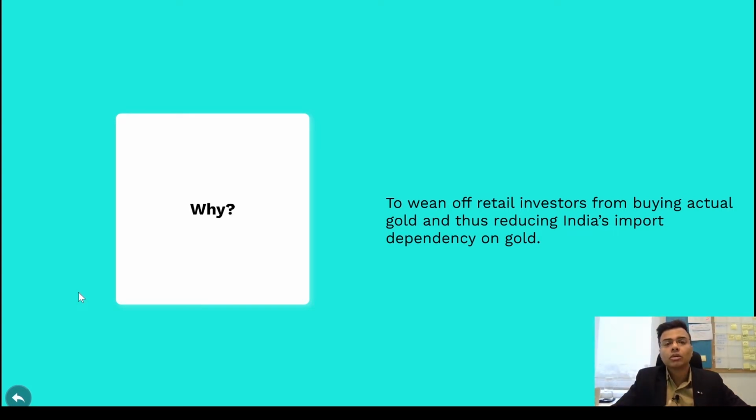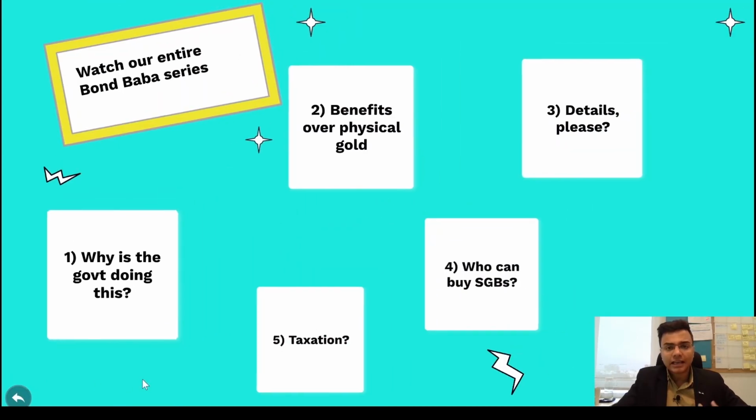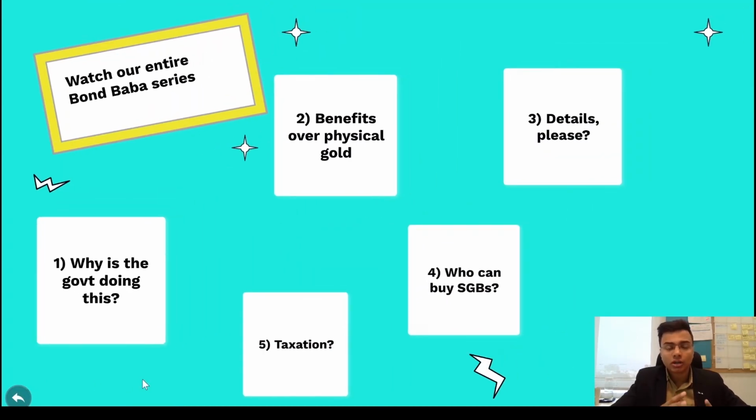The government wants the economy to grow, and that is why it wants us to move away. It wants retail investors, people like you and me, to move away from physical gold, and that is why the government is actually giving you 2.5% more on the price of gold, and the government is saying, please don't buy gold. I will give you 2.5% on top of gold returns, but please don't buy gold. So now we understood the incentive for the government to do this. But is there any incentive for retailers to go for a sovereign gold bond rather than going for physical gold? What is in there for me?